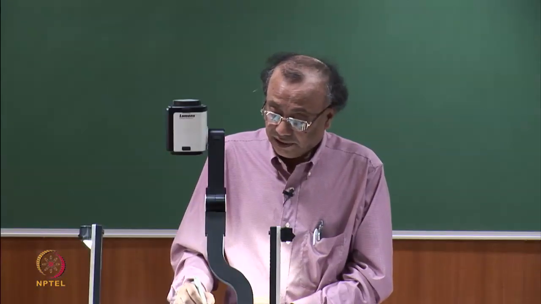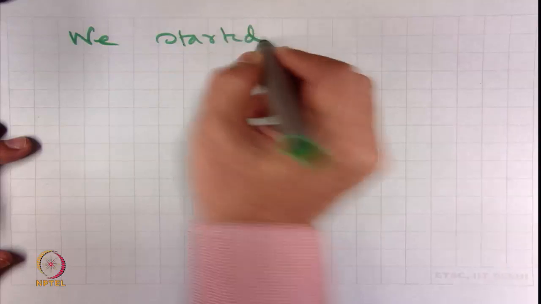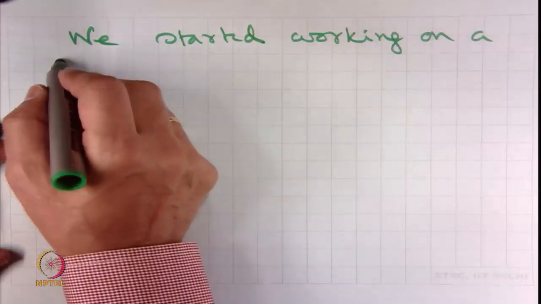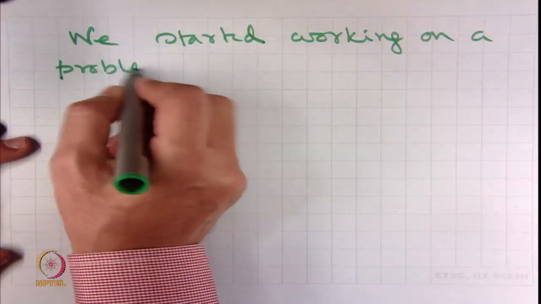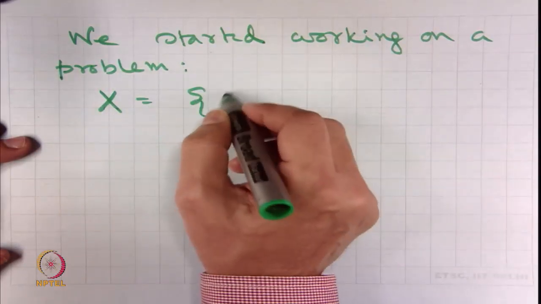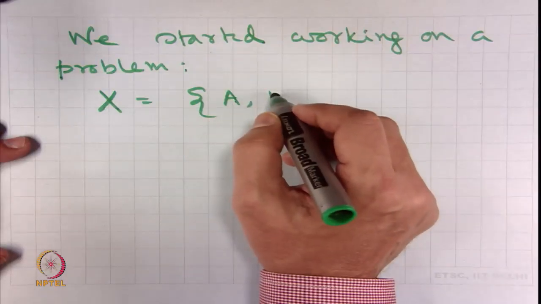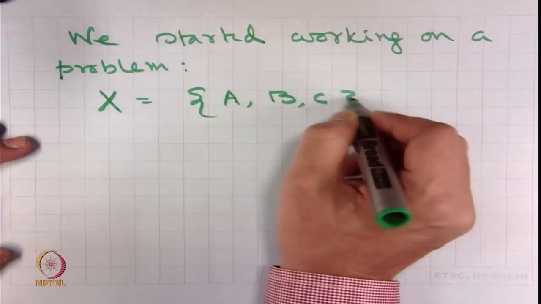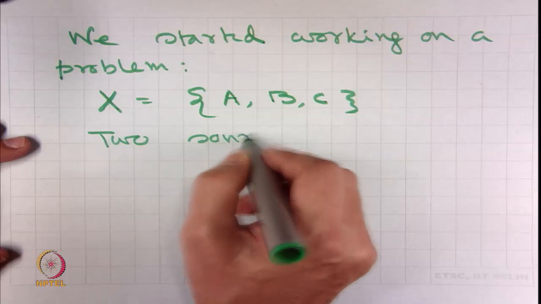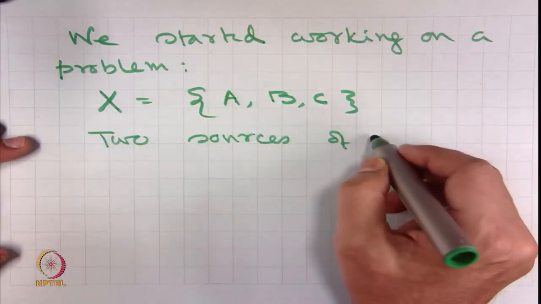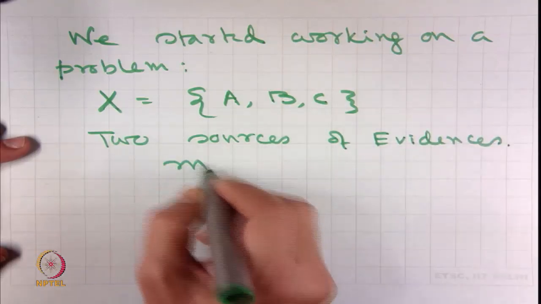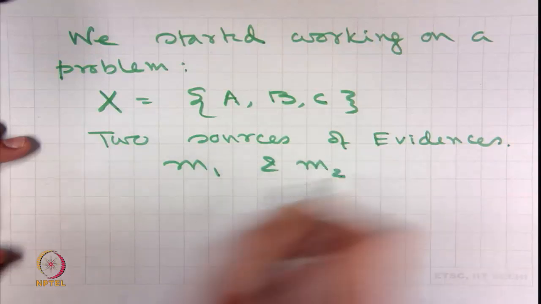We started working on a problem such that X is a set of three decisions A, B and C, with two sources of evidences, M1 and M2,